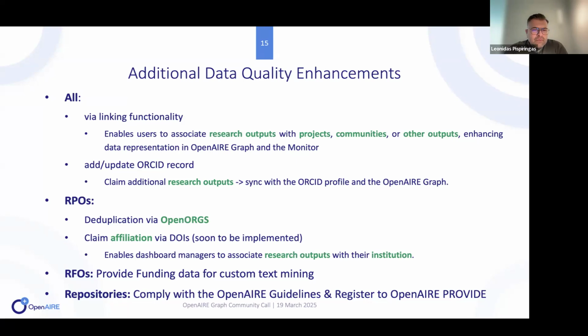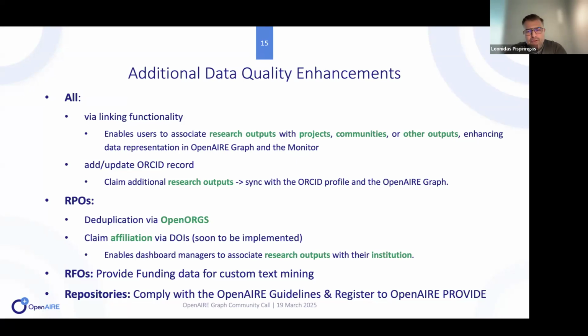And here we have a new functionality that will soon be implemented in the National Open Access Monitor of Ireland and into OpenAIRE Monitor. It's a claim to affiliation via DOIs, where the dashboard managers will have the ability to select DOIs or upload a list of DOIs and associate these research outputs with their